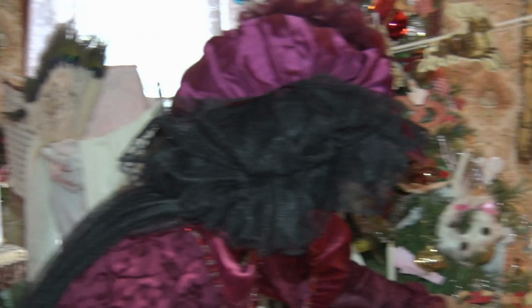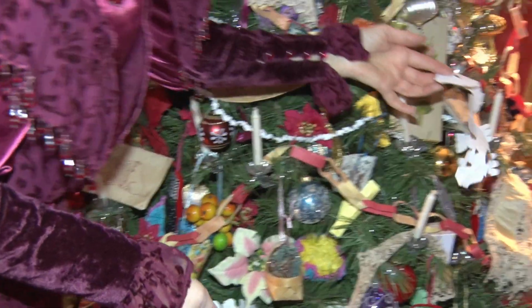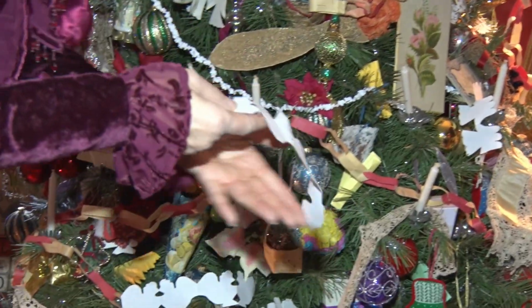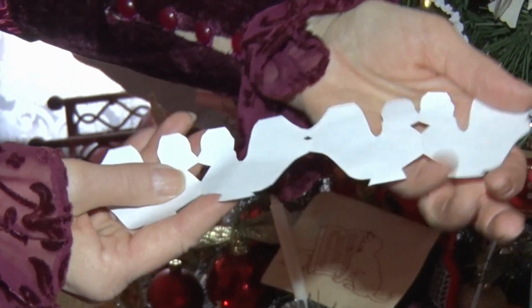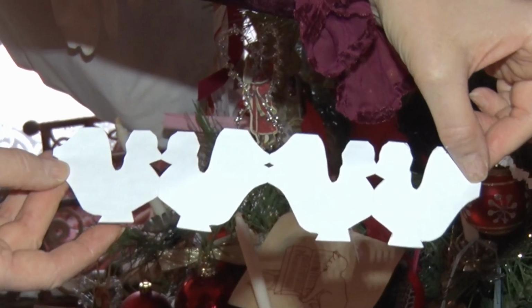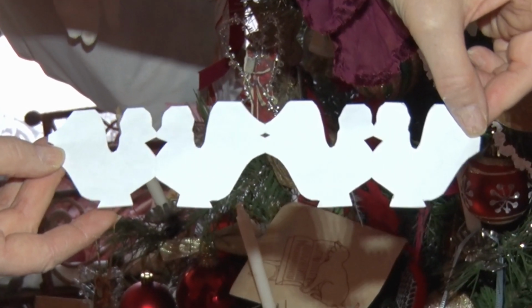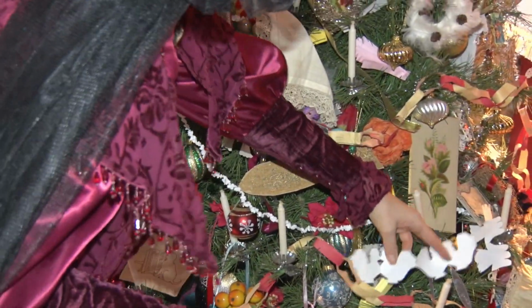And we also have interesting decorations. Quite a few times there are decorations from a period book, and they don't necessarily say why they do it, but one of the favorites is the kissing chicken paper chains. And it gave us a pattern, but it didn't say why they like to put kissing chicken paper chains on the tree, as well as